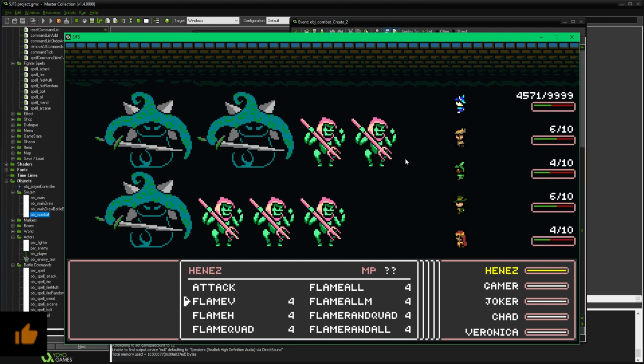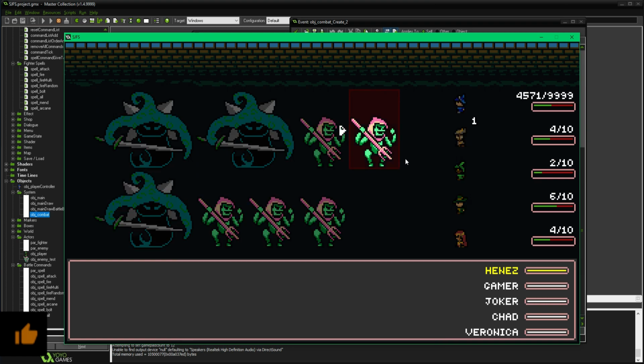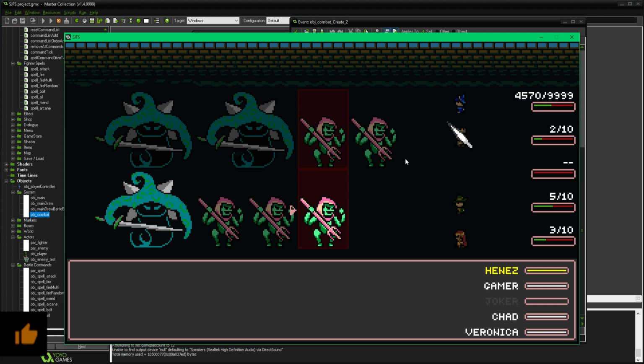So I'm going to demonstrate all of these, and I'm going to gradually increase the intensity. So first, flame V, which you can see it hovers a vertical column, so that's going to target up to 2 enemies. Of course, if there isn't a valid target above or below the primary target, which is still represented by our battle cursor, you can see the